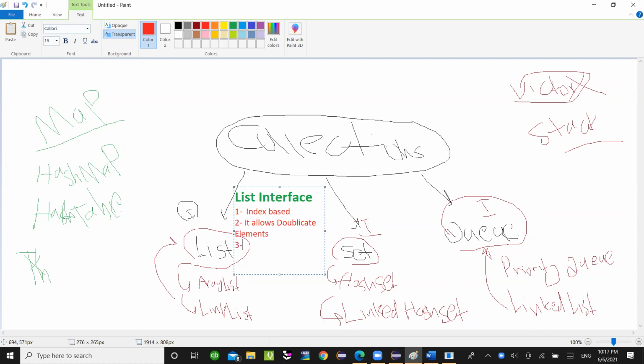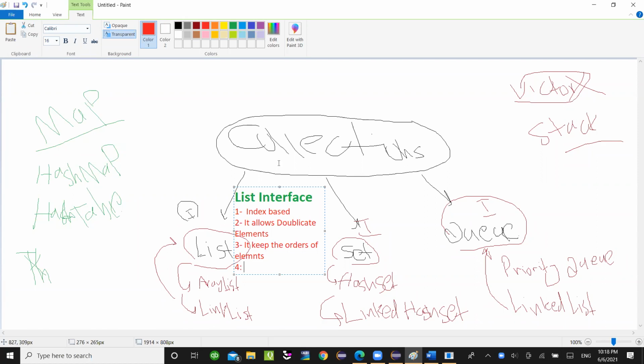Number three, it keeps the order of the elements. Number four,